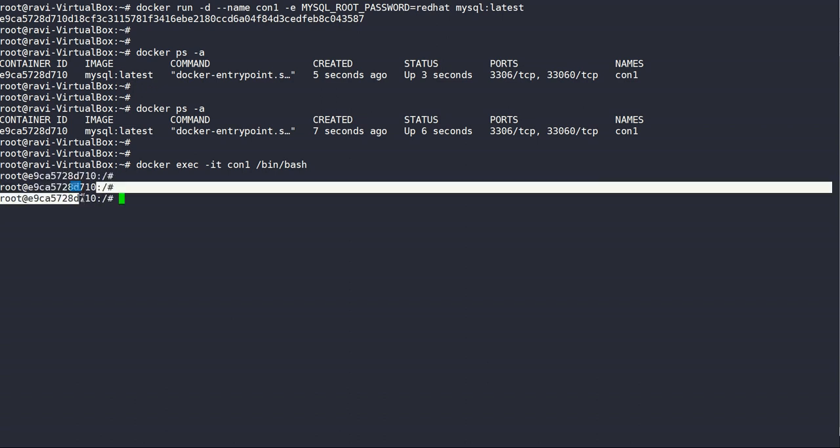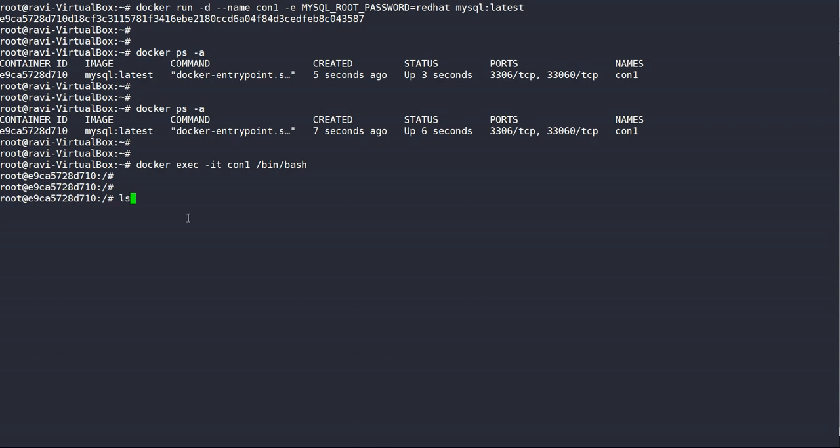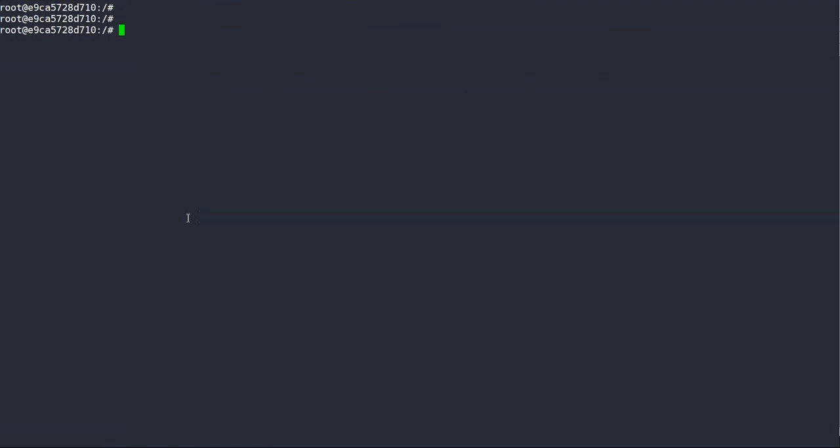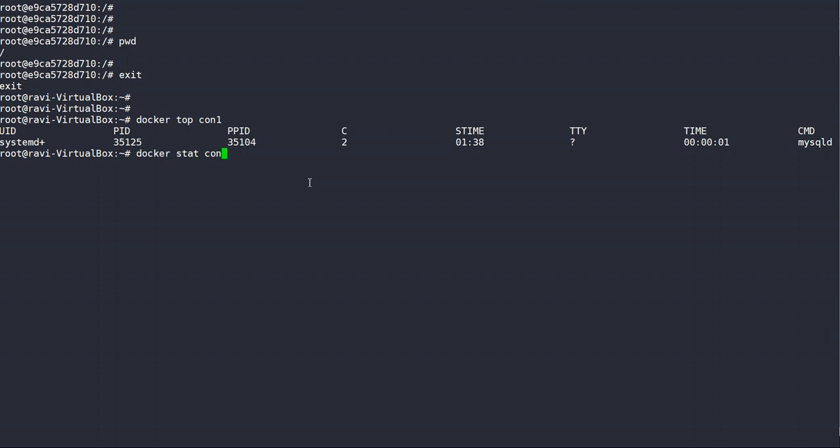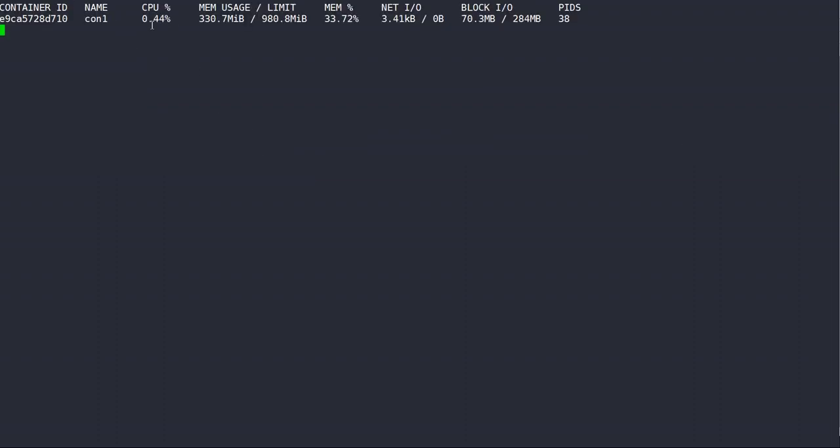See, this is the container ID. This has changed here, so now you are inside your container ID. Okay, one more thing. Container is up and running. We can exit out of it. We can check by the docker top command what containers are running. So see, this container is running. If I want to see how much resource of the host system it's consuming, I can use the docker stats command. So this is CPU utilization and memory this much. So docker stats command I can check.